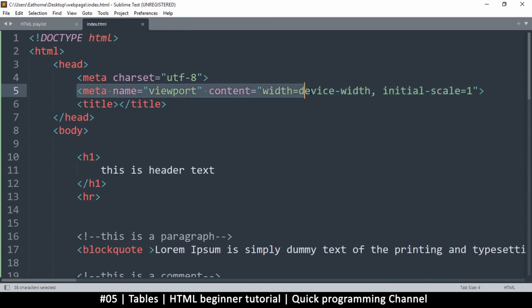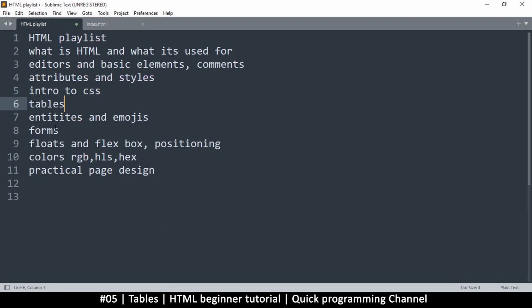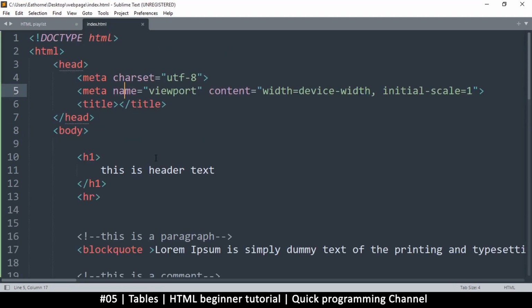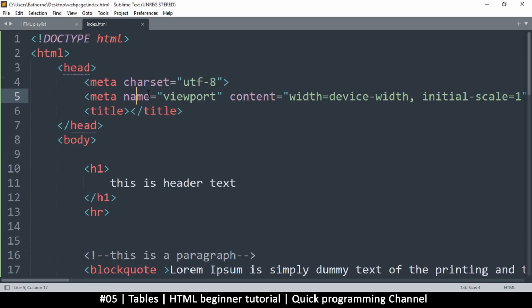So this is for responsive design. Okay, and yes, actually I forgot to put responsive design somewhere here. That will be part of the tutorial anyway. So at some point,